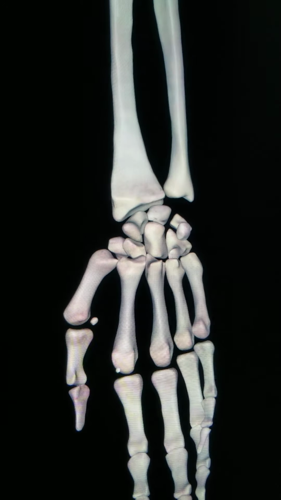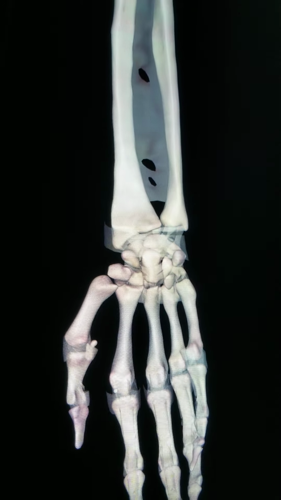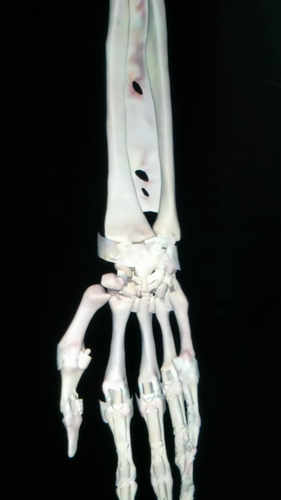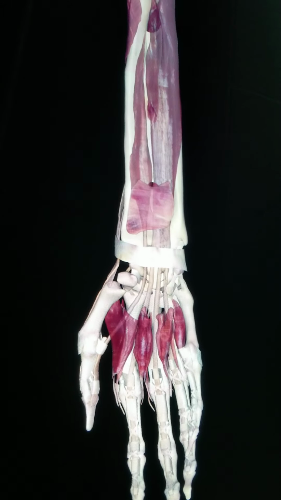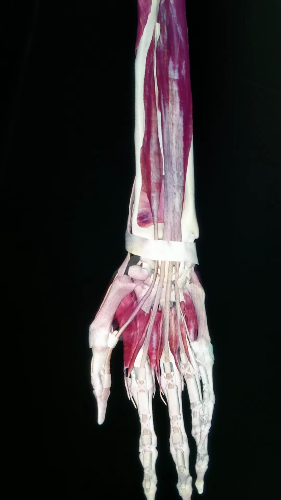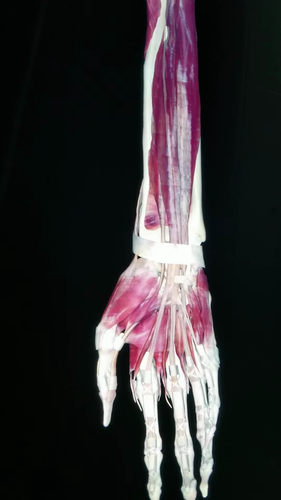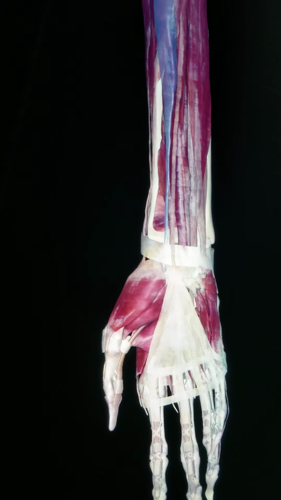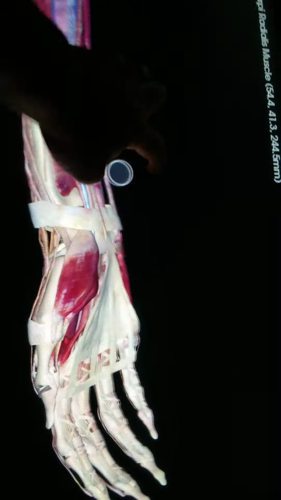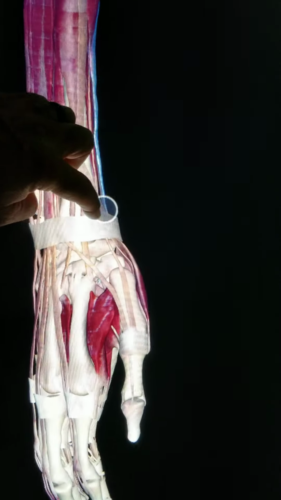So let's talk about these conditions now. These injuries, because I had somebody come in last week, and I said, I'm going to do a little video for you about a condition called De Quervain's tenosynovitis. So let's go to the dorsal side. So right here,